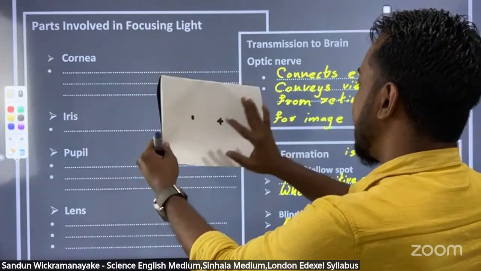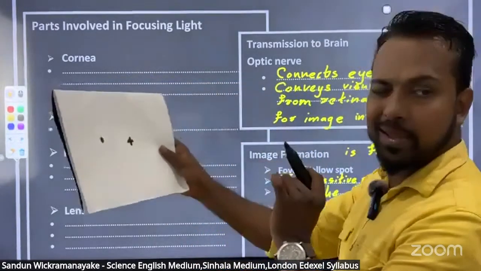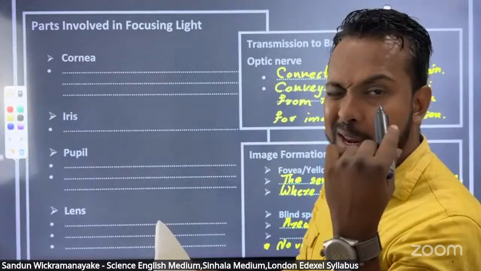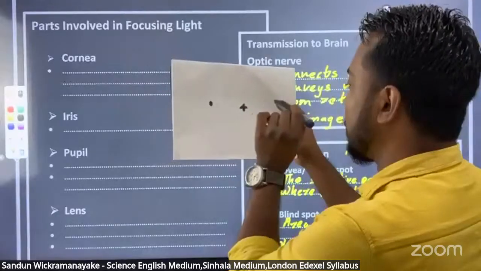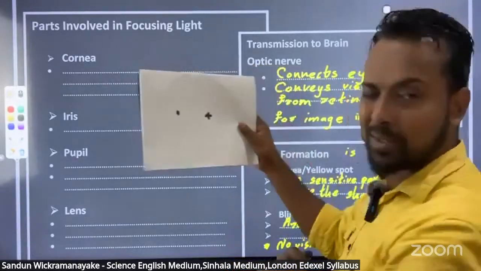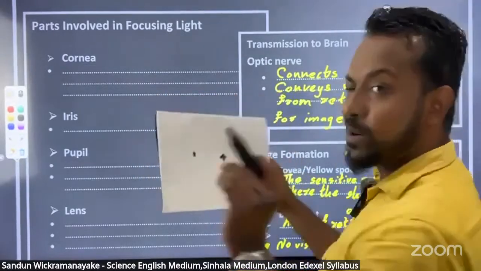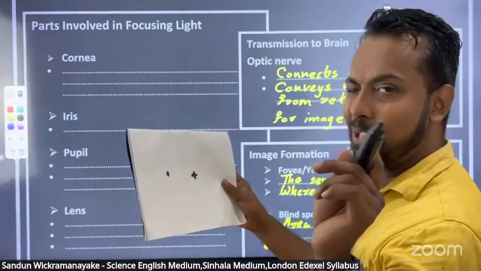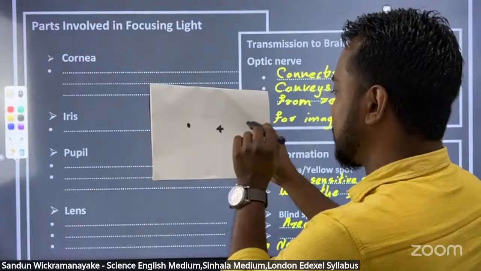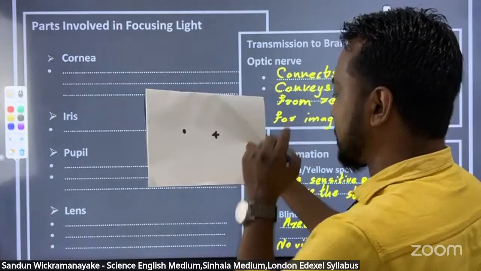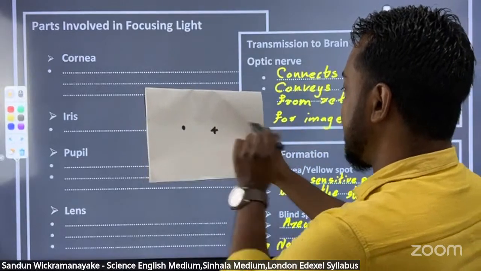cross at your right side, you're going to observe it by using only the left eye. You're going to observe only this cross. Sir, the dot... Yes, I know that, but don't focus on it. Just focus on this cross. Look at this. If you're going to focus on it,